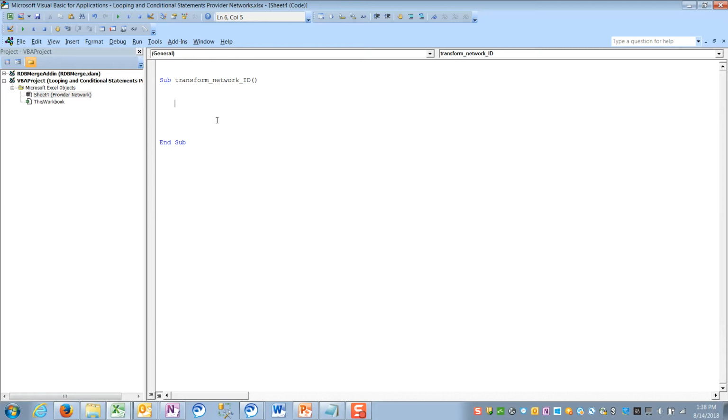Now, let's first start by creating some variables with Dim. We're going to create our first variable, and I'm going to call that last row of data, and I'm going to set it to Long. Remember, that's a number value. Okay, I'm now going to assign last row of data equals